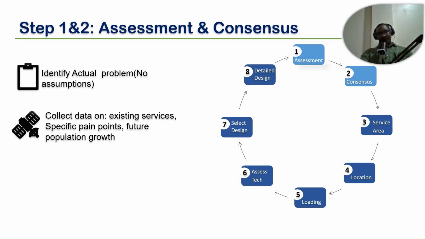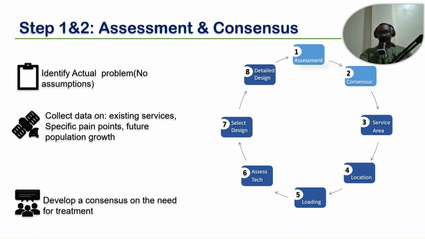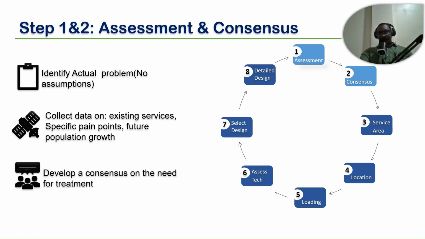or you can look at census reports for population, and also benchmarking from other service providers. Here looking at the utilities that are available to give you demand estimates and specific pain points from the community. And then lastly, you arrive at consensus. You must justify the need to treat this fecal sludge and septage being received from the community. So now that drives us to the next, which is